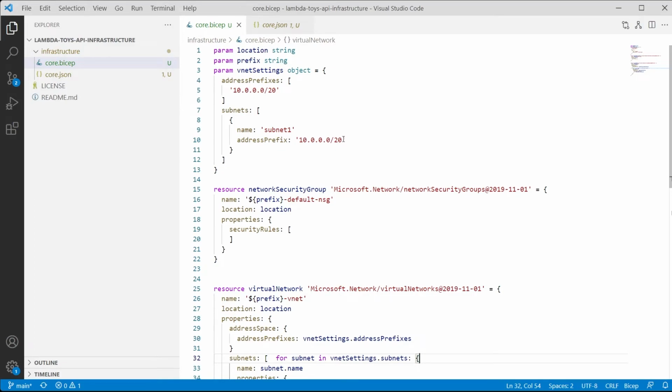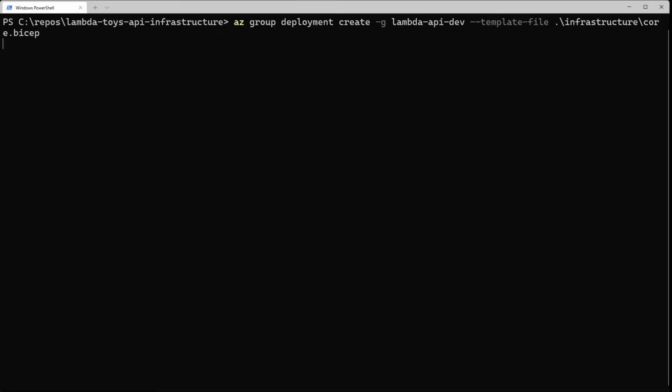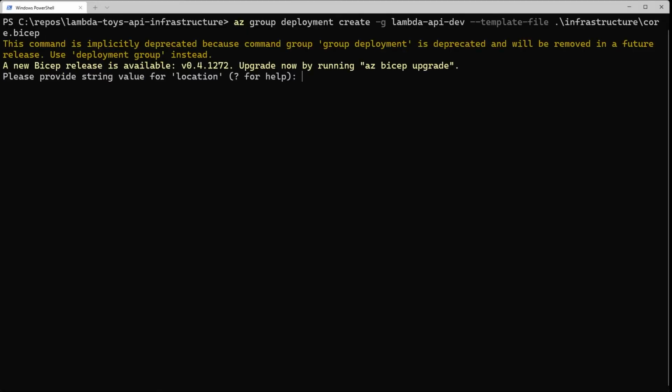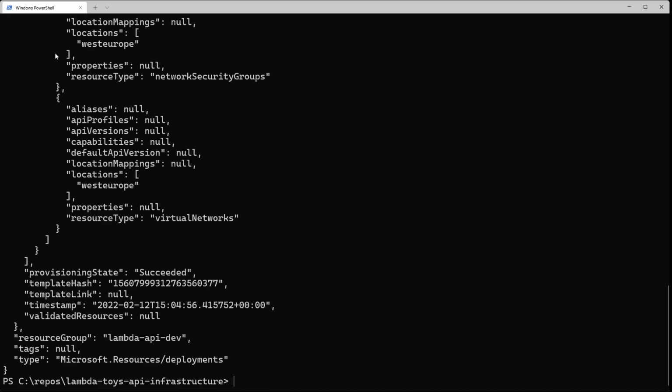And so the default value here for the subnets is /20. That was wrong. It should be a /22. This should be all right because there's nothing actually using the subnet yet. So we should be able to redeploy that. And hopefully it will recreate the subnet for us. Okay, that has worked. So let's go back to the portal